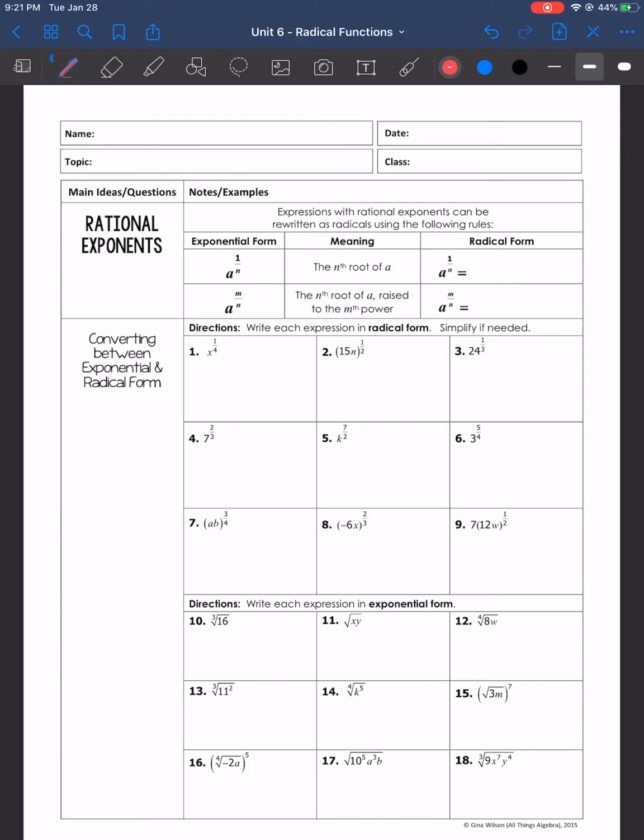In this video, we will be talking about rational exponents, converting between exponential and radical form, and then simplifying. Expressions with rational exponents can be rewritten as radicals using the following rules. For exponential form, I have something to a fractional exponent. So we say that's the nth root of a. So in radical form, it would be